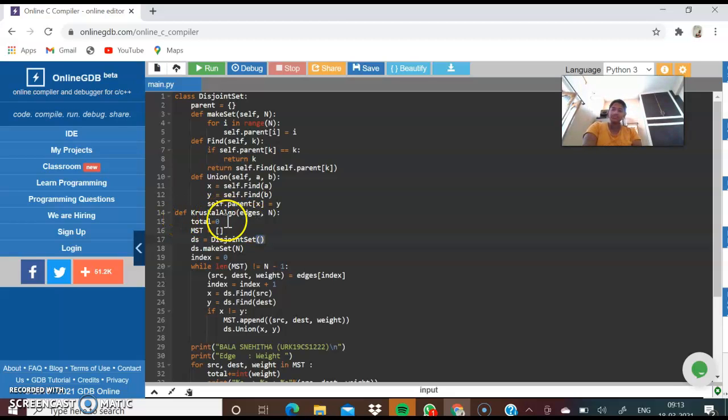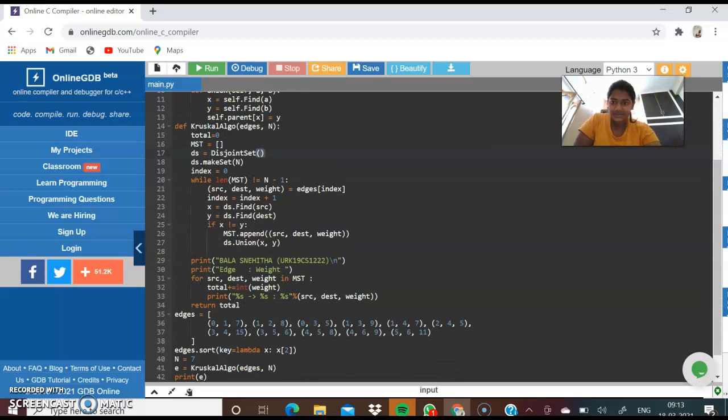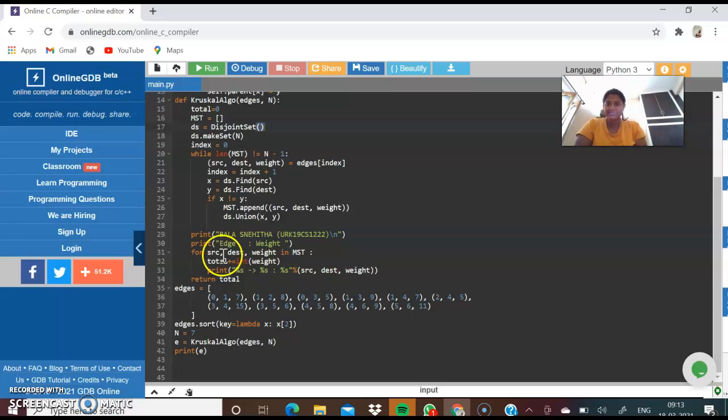Next, define kruskal's algorithm with edges, n. total equal to 0, mst equal to an empty list, ds equal to DisjointSet, then ds.makeSet(n), index equal to 0.